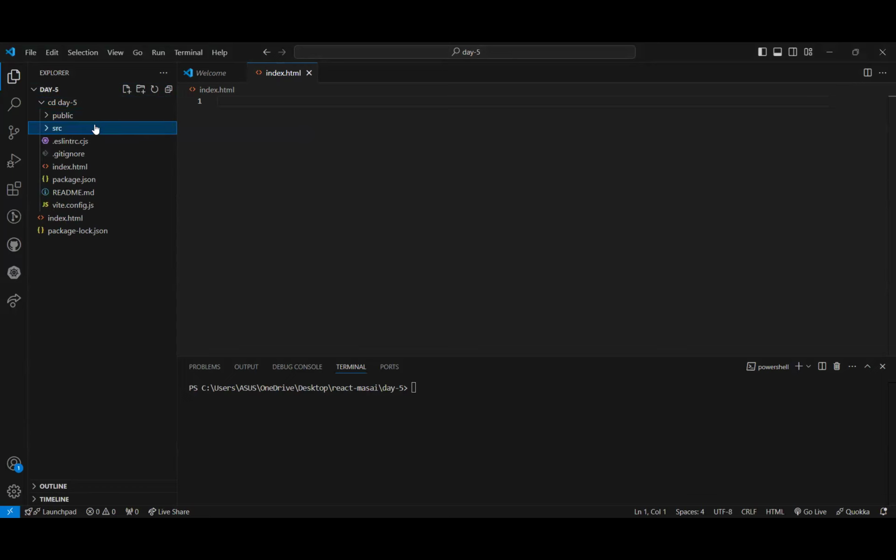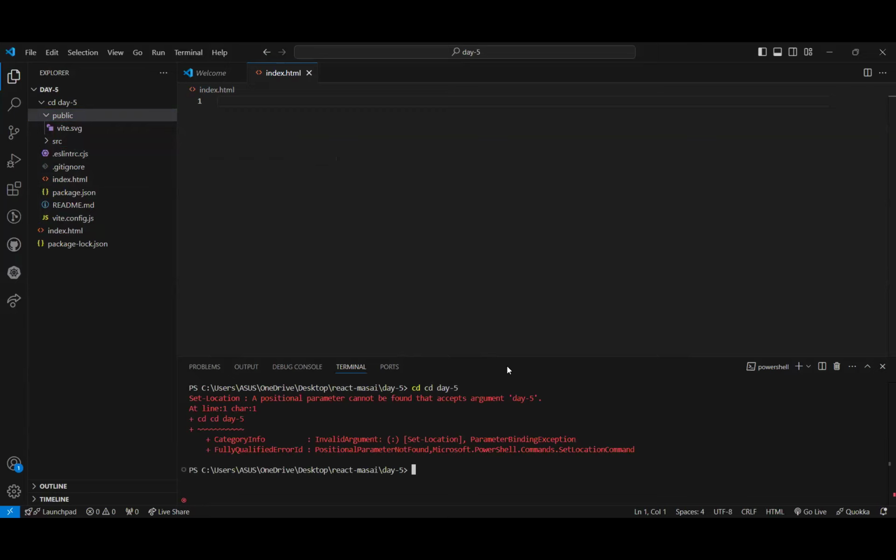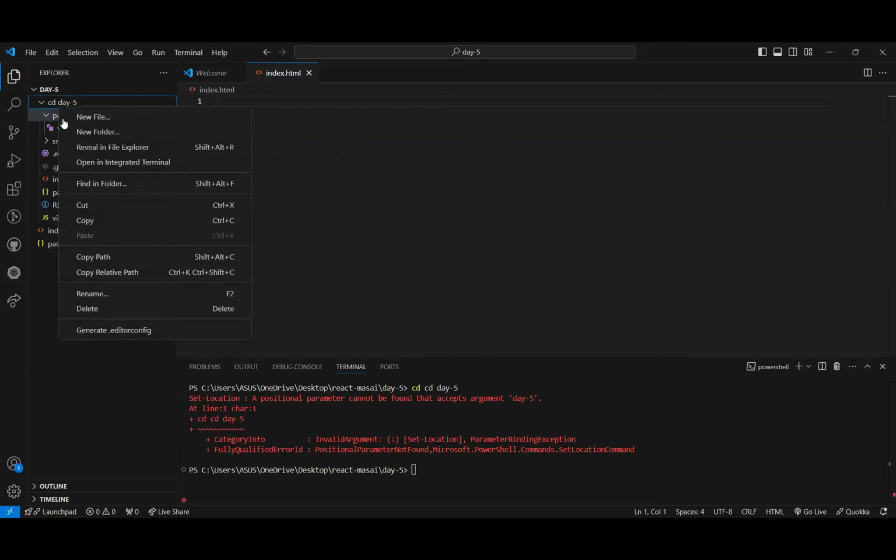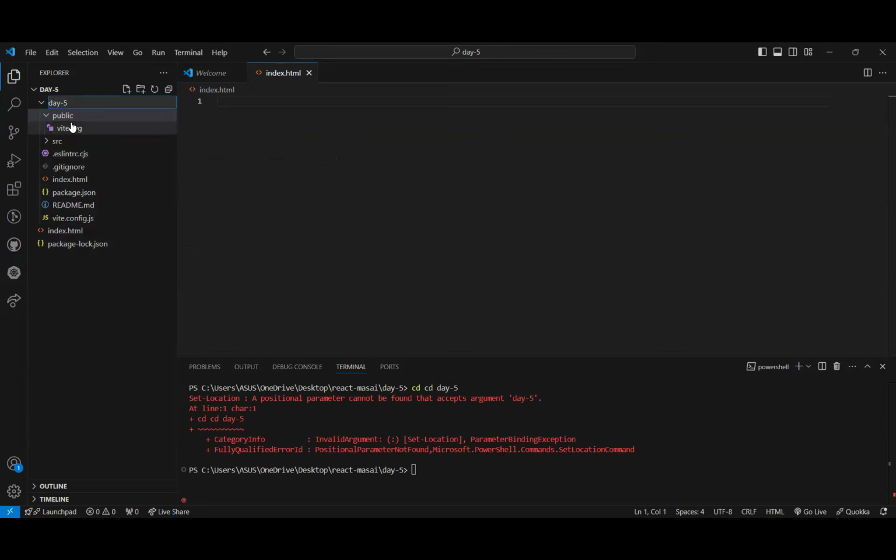Yes, that's fine, but this is the folder now where all the code will run, so you'll have to visit that folder, so you'll have to go and write cd in the terminal. The cd basically means that you are going to change the directory, and what's the directory name currently? It's cd space day 5. You have named it wrong, go and rename the folder. No spaces, no spaces. If you want a space, then use a hyphen, no spaces. All right, I don't think you can do that also. Anyway, let's do cd and write your folder name.